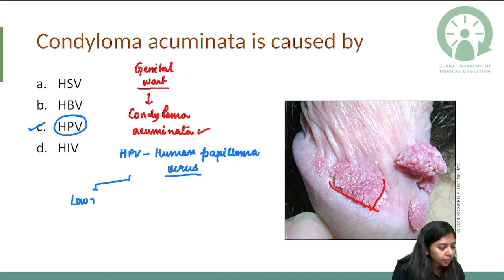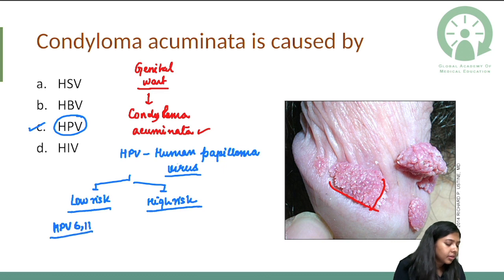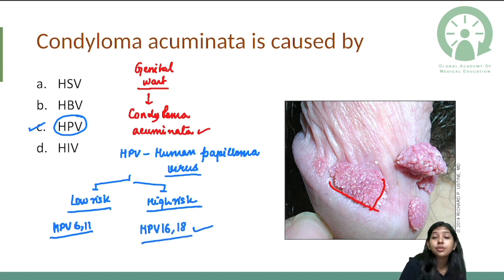Now there are low risk HPV types and high risk HPV types that you have to remember. So HPV 6 and 11 is a low risk HPV virus, and HPV 16 and 18 are high risk. Chances of transformation are more. So condyloma acuminata is actually genital wart. Acuminata means pointed. So you get pointed fleshy verrucous lesions in the genitalia, and it's caused by human papilloma virus,